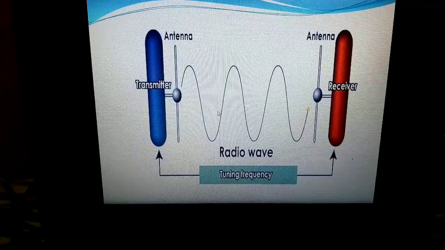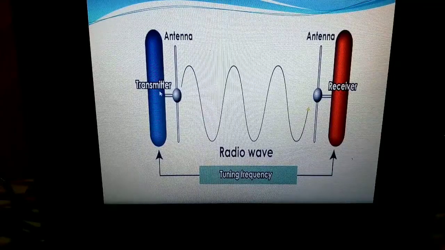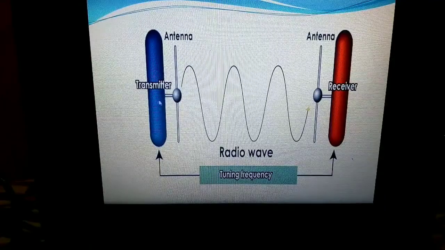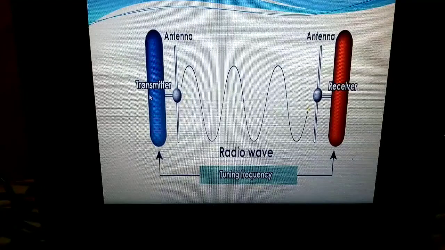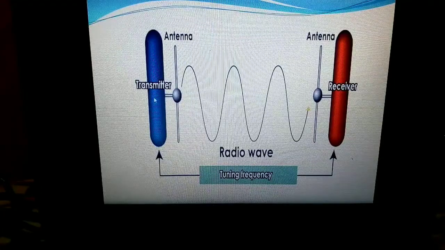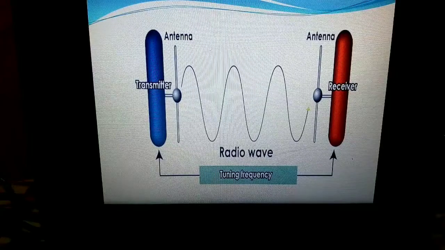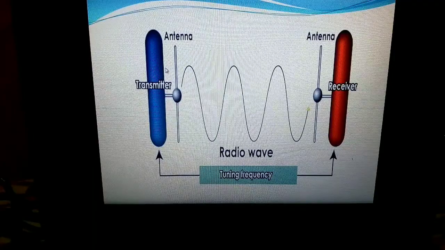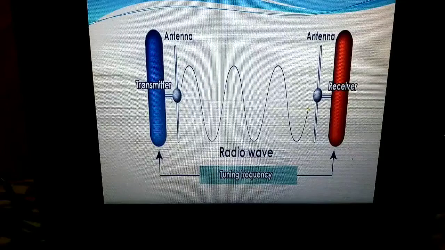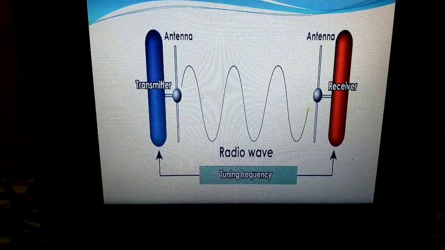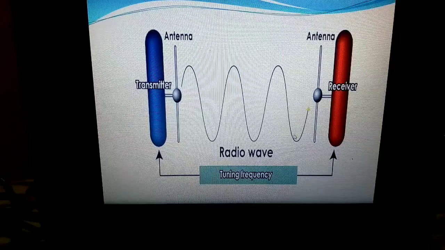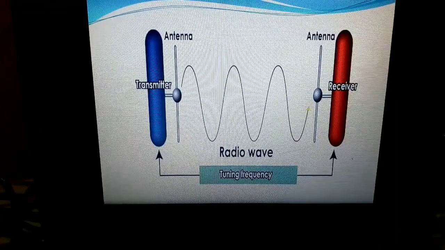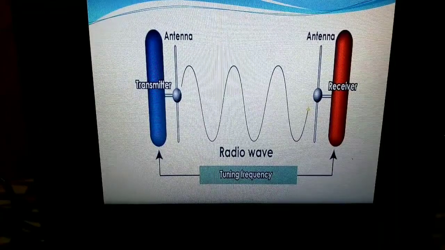The transmitter takes some sort of messages. The messages might be in the form of data, voice, images, or pictures for video, for a TV set or something. The transmitter takes certain messages and encodes them into a sine wave. Your data, voice signals, or whatever, in the form of zeros and ones, is encoded, and after encoding it is converted into a sine wave, whereas in optical fibers it was encoded in the form of a light beam. Here it is in the form of sine waves, which are then transmitted with the help of radio waves.